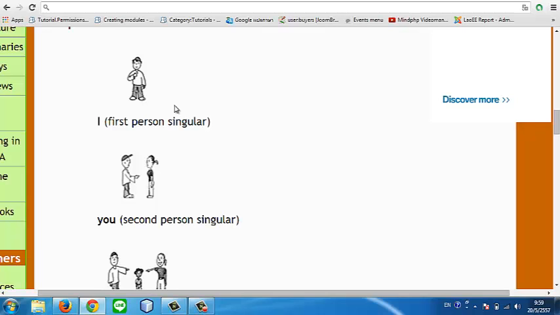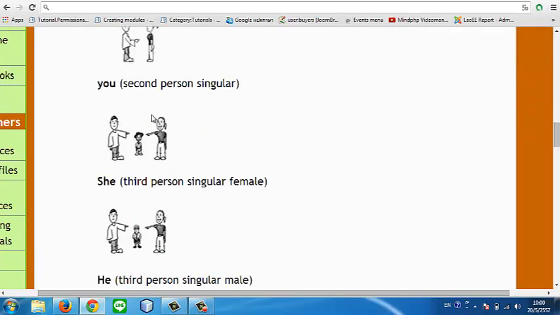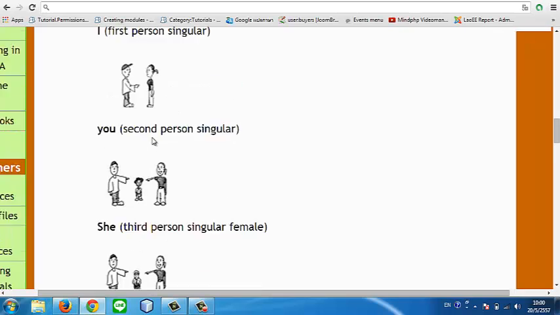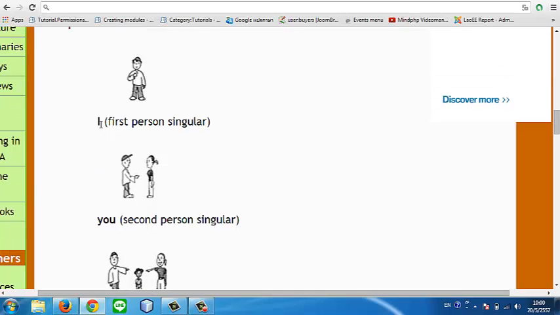So in the second person, it refers to the other person, like you. You are beautiful, you are handsome. That is the example of second person. Now, for the examples of first person, we have I, me,